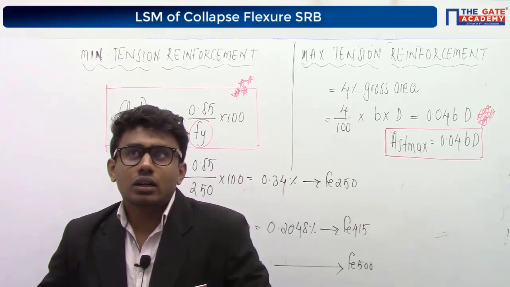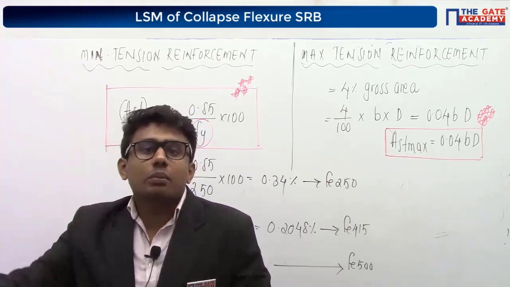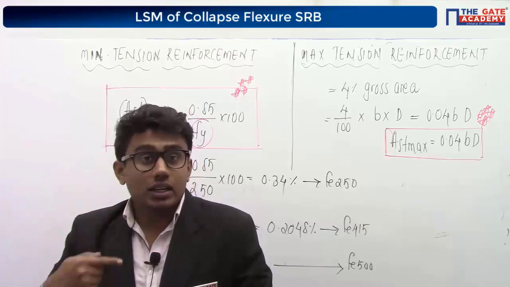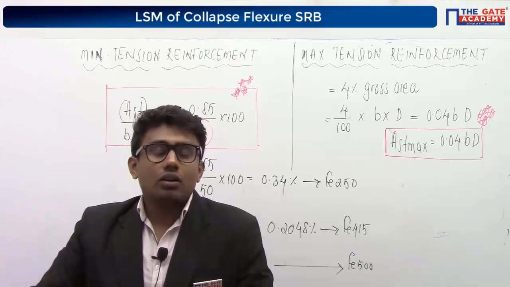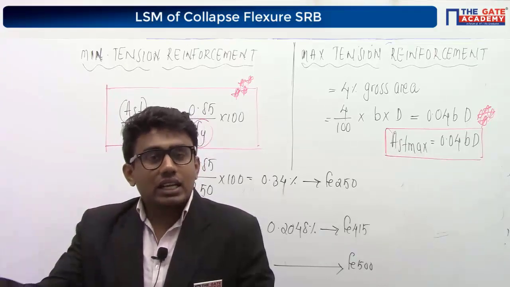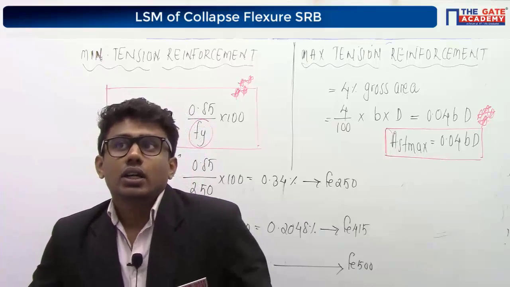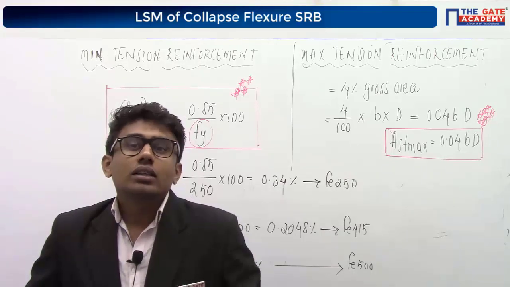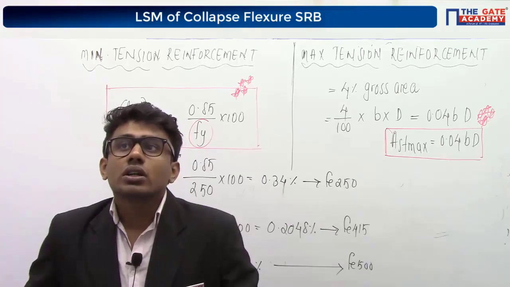No, Srikanth. I think you are confused there. This minimum tension reinforcement is the minimum tension reinforcement that has to be provided in the beam. We are talking about the balanced area. Before this, I have discussed the balanced tension reinforcement, right? If AST is less than AST limit, or the area of steel provided is less than the balanced area, then it can be considered an under reinforced section. If AST is more than AST limit or AST balance, it is an over reinforced section. You can consider that. I think Dhruv was asking the same.